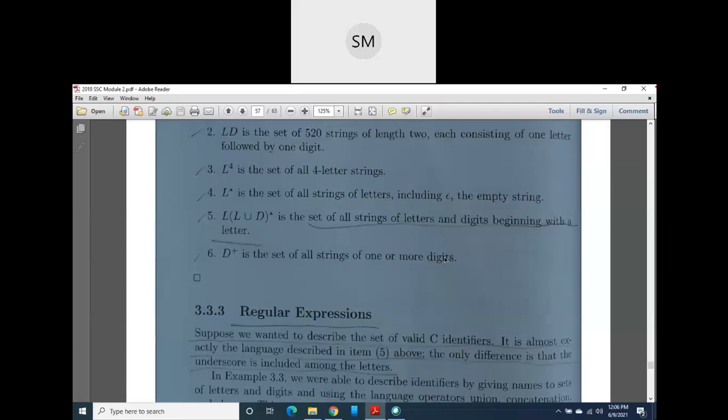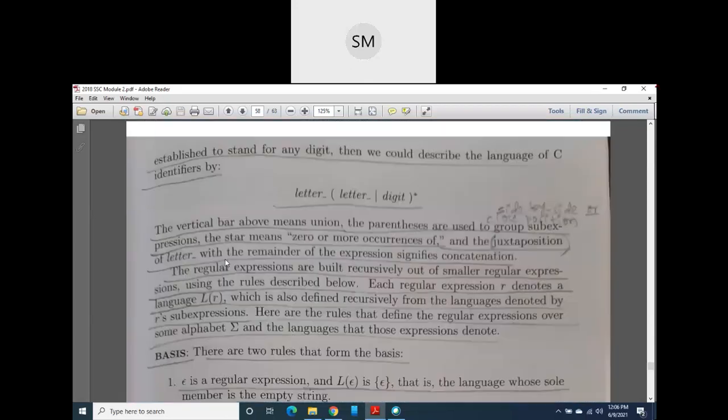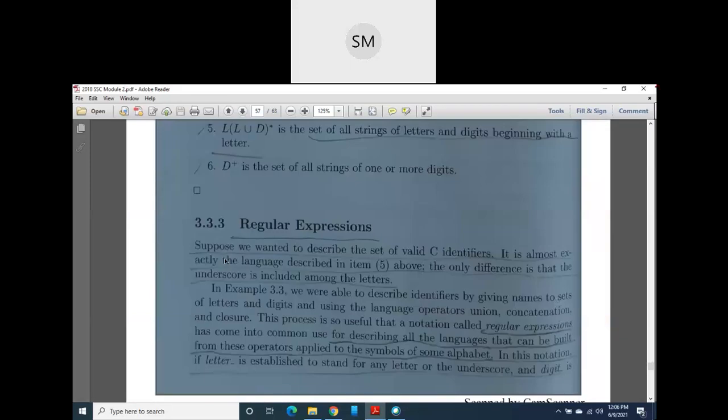It may be a minimum of one digit. It may be 1, 2, 3, or else it may be our ATM password, 4-digit or 6-digit, or any bank account number, any mobile number, whatever it may be. In that string there may be 10 digits, or 4 numbers, 8 numbers. All those strings will be given by this D plus. Clear?